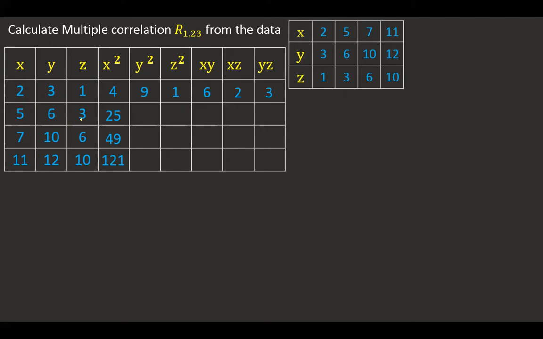Now Y square means Y will be 6. So it is 36. 10 is 100. So I'm going to write the row wise. Now how come it is coming? Z square, 3 square. Right. Like that, we are going to fill all the data. So first of all, we are going to fill the data according to the top level, whatever is given in the header. I'm going to finish it.